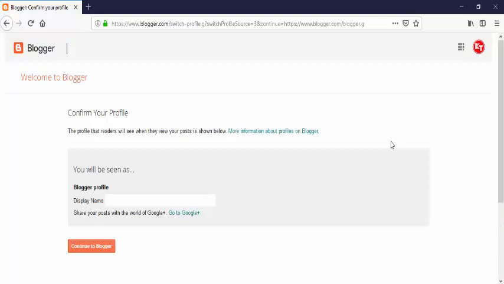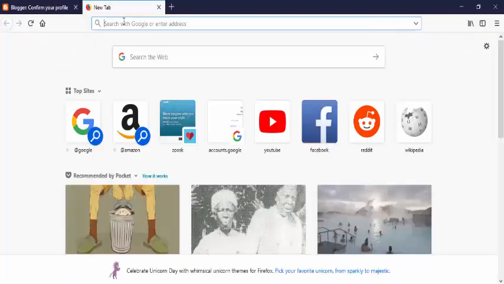Once you log into your Gmail account, go to Blogger, click on sign in and put in your email, you'll be taken to this page where you see display name. What they mean by display name is the name that will be showing up on your blog. Let's say your blog is Ghana Motion. You can make that the display name. Display name simply means the name shown when you're writing a post. For example, if we go to GhanaWeb.com,